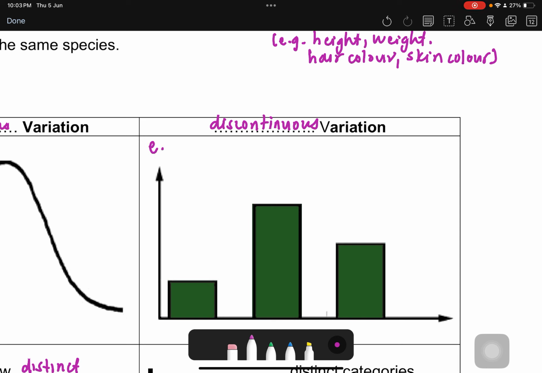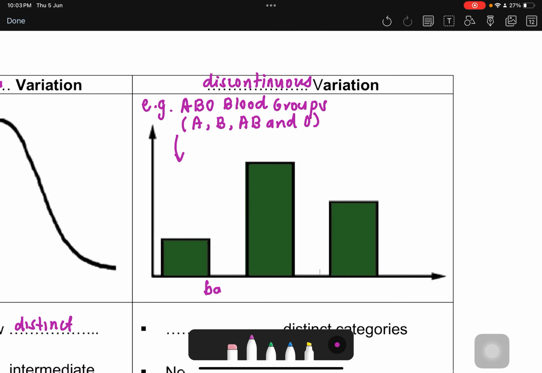So one really good example of discontinuous variation is our blood group, the ABO blood group. In this system, there are 4 distinct blood groups that humans can be categorized into: A, B, AB, and O. And we can easily use a bar chart, a bar graph, to show how many people fall into each of these blood groups, for example, A, B, AB,